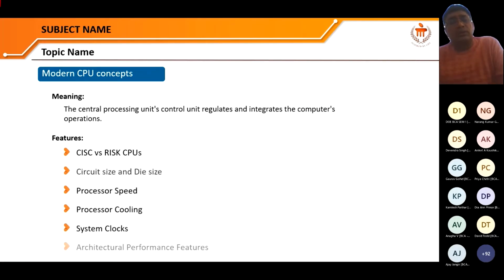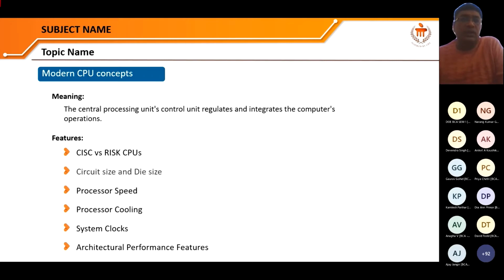Here we can see the central processing unit controls the unit, and regulates and integrates the computer's operations. The CPU can manage different operations, like memory management and process management. These are the works the operating system handles through the CPU, because the main key role here is the operating system. The operating system manages the hardware, and the CPU is hardware. Software can do nothing if the hardware does not have the capability to do something.